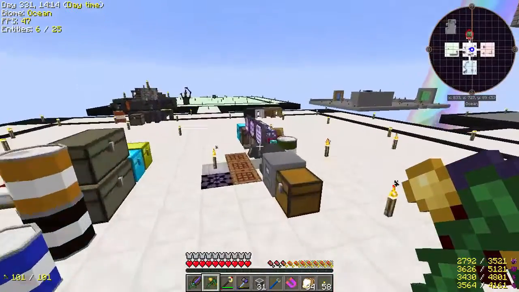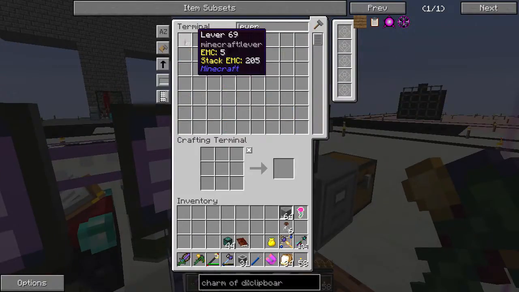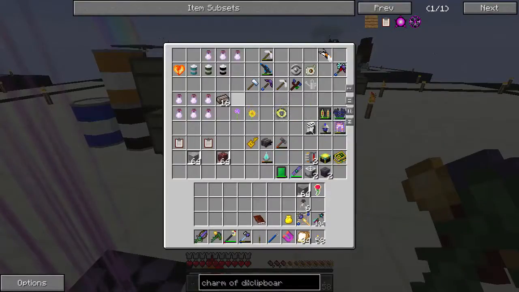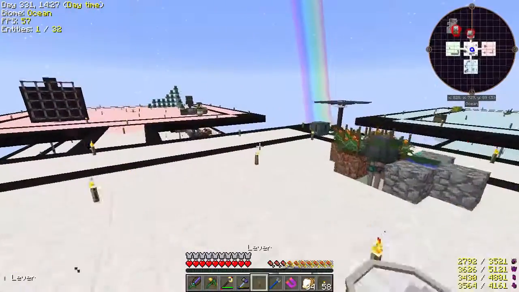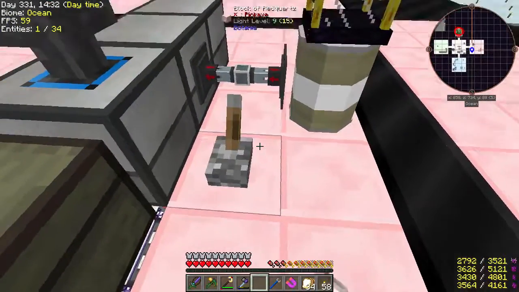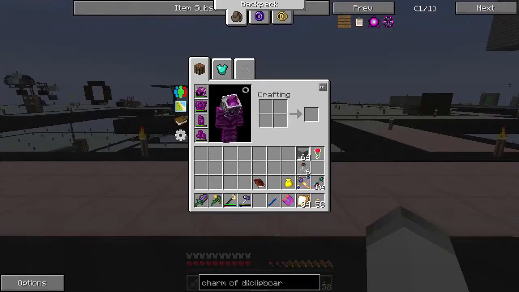So we just need to grab a lever, which I have plenty of. And now, we can grab all of our Magnoloy. And eventually we'll probably have separate machines for each of these. But we can just put that in there and it will start to process. Perfect. So, with that being done,